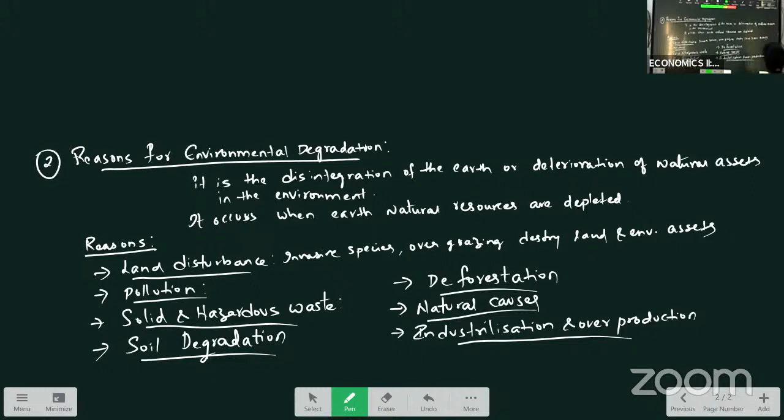Okay, so the next question we will be preparing in this chapter is one more simple question you have here. That is sustainable development. The question will be, what is sustainable development and why do we need this sustainable development? So this is one question you have to prepare from this chapter.